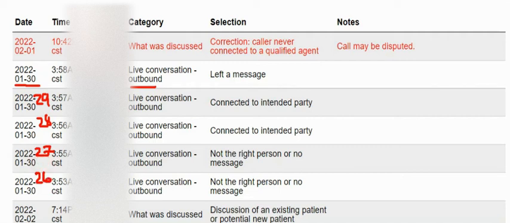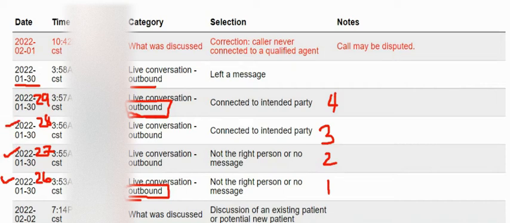You got mistakes here in the same category: one mistake, two mistakes, three mistakes, four mistakes. Remember, guys, when you reach four mistakes in the same category, outbound, outbound, outbound, with four consecutive days wrong, 26, 27, 28, 29,